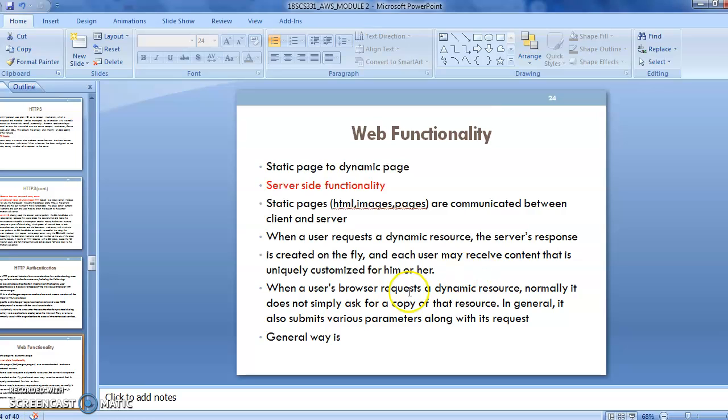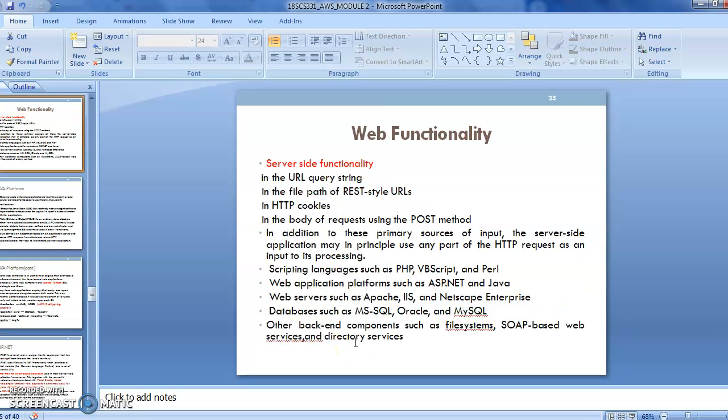Then how to send the parameters in the URL as a request to the server will be defined in the next slide. We send the different parameters by making use of a query string.